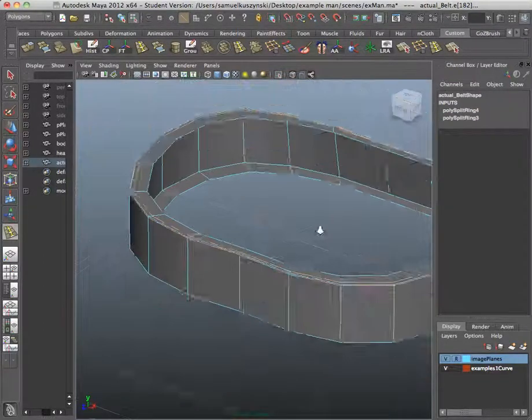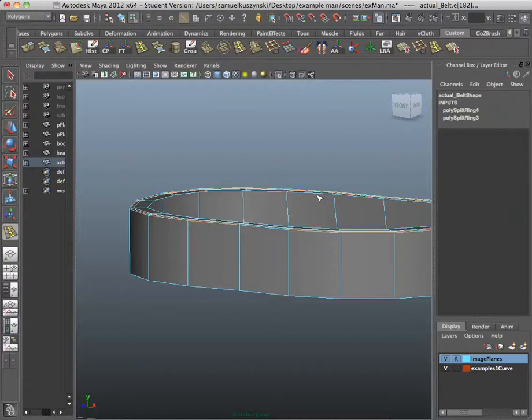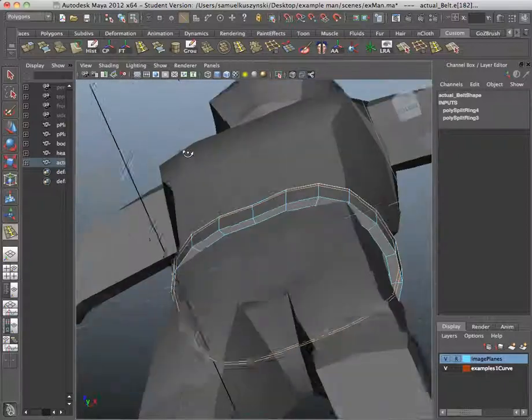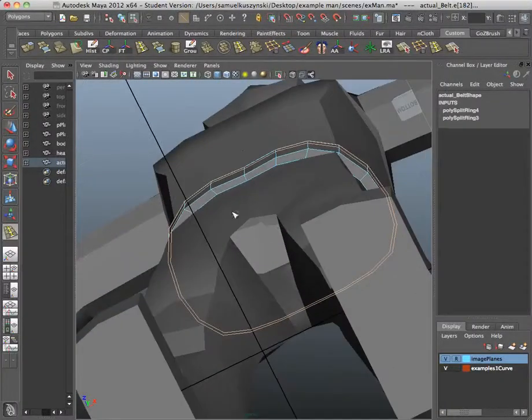Something else you have to keep in mind: make sure that you have all your holes filled in, and I'll show you what I mean by that. Your geometry, when it comes into ZBrush, will have its situations if you don't. This is a big one. We'll